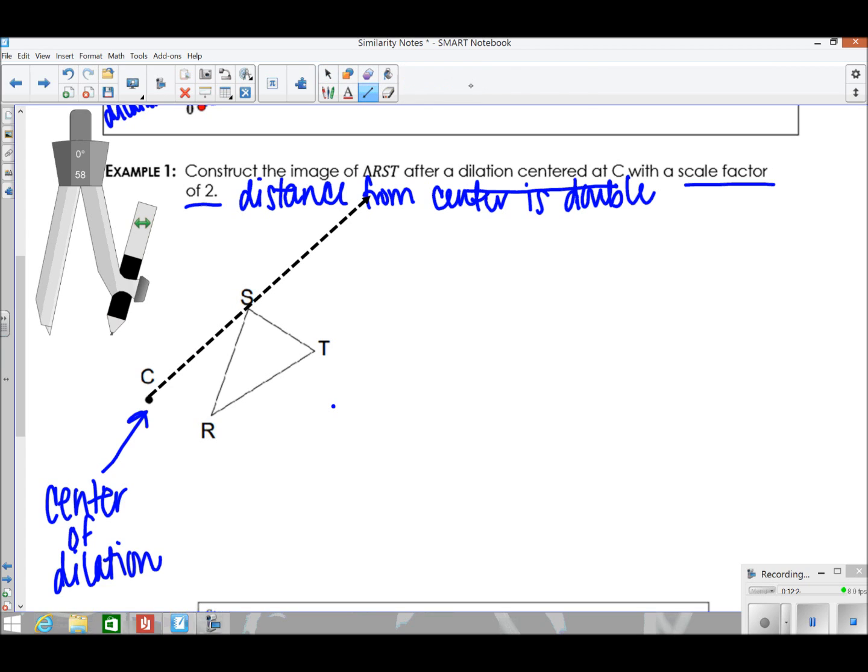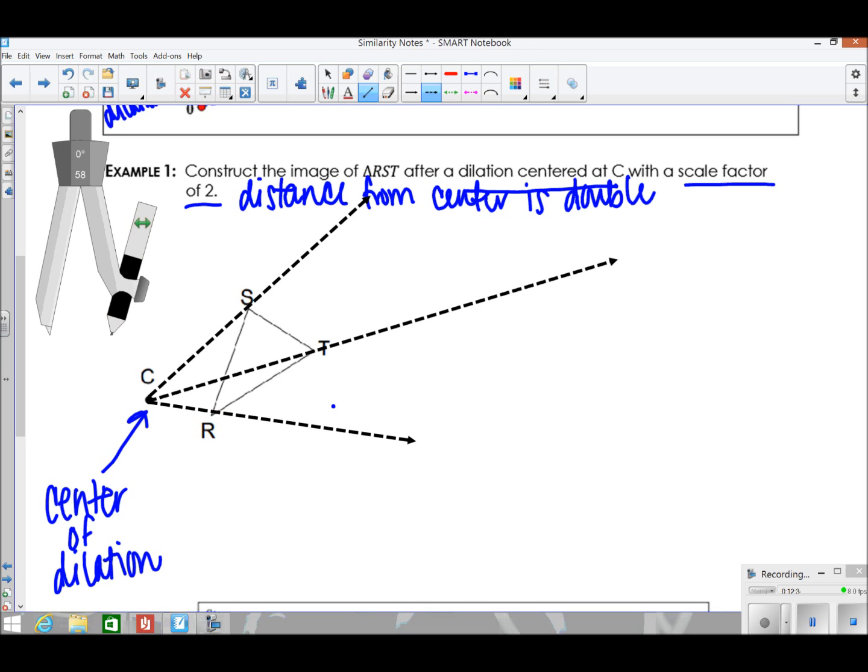So let's go ahead and do that. We're going to go from C through T and extend it out. Remember, you're doing this very lightly. And then we're going to do the same thing from C through R, lightly dotted, because we know that S prime, T prime, and R prime all have to be on these dotted lines. Then once we have those, we're going to take our compass